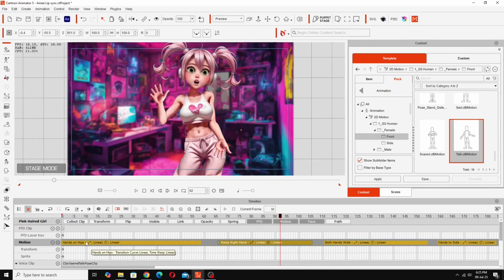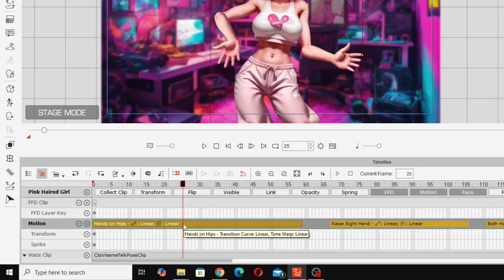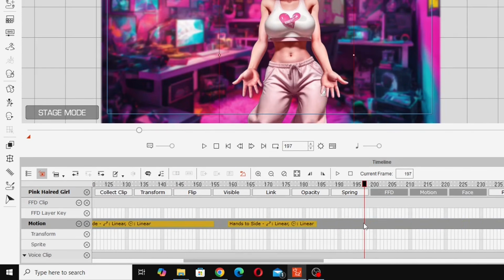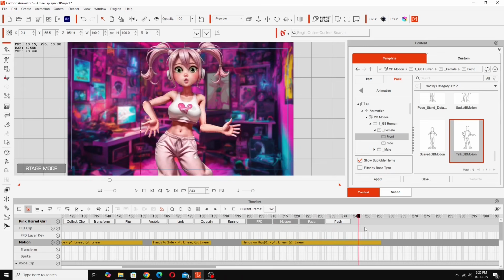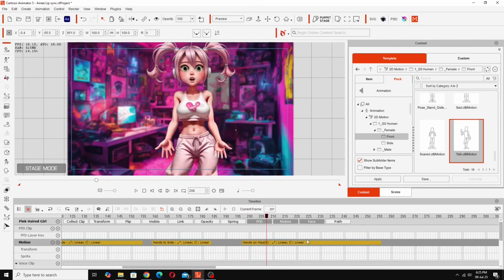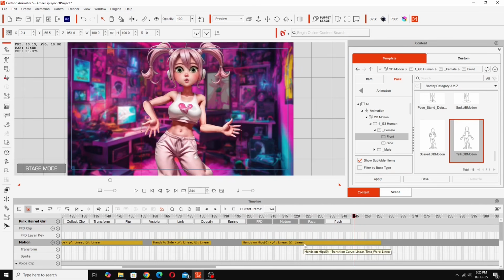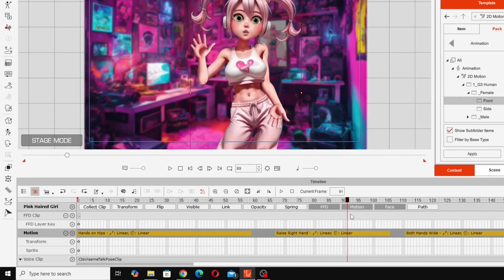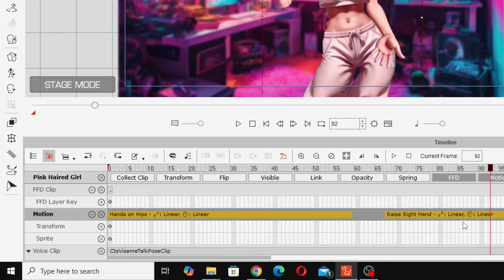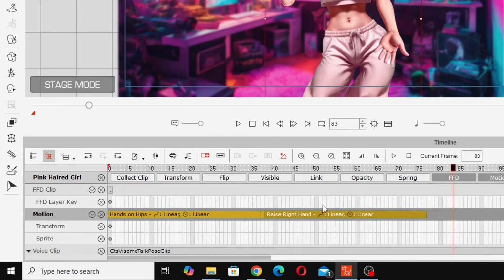We can copy and paste them, so we could go like that clip, do Control C, copy, go over to here, and go paste, and you'll see over here shows the hands on the hips there. So I'm going to delete that again for the moment. Now I like this raise right hand for the beginning of the animation where she's saying, "Hi, I'm Anime Amy." So I'm going to move that around. You can just slide that along